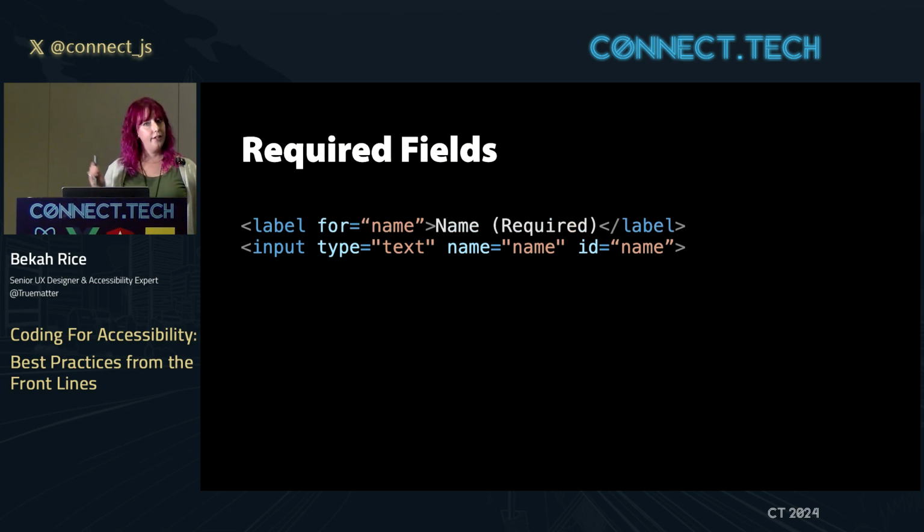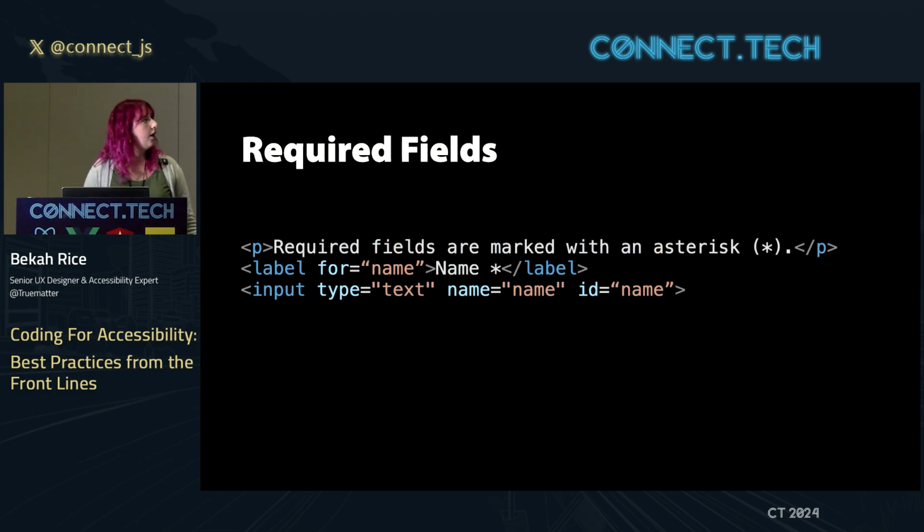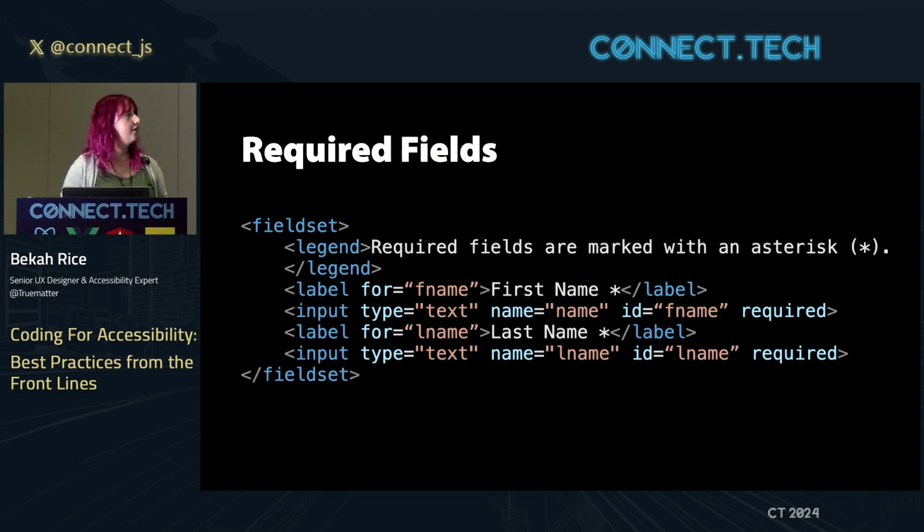You can also, if you need to, put required by the label. This would probably be my least favorite approach. I'm usually of the mind that if all fields are required, then only mark the optional ones, because you shouldn't have a bunch of form elements in the form if they're not required, in my opinion, because then you're making me do more work. And then even worse example, but still totally an option if you feel limited by these other options, is to just state that the asterisk means that it's a required field.